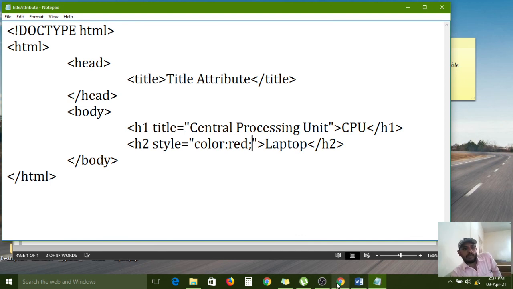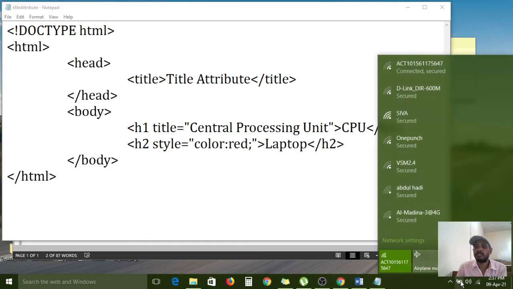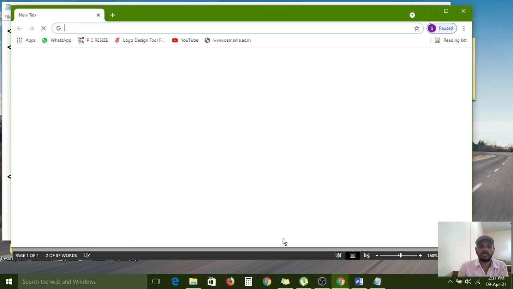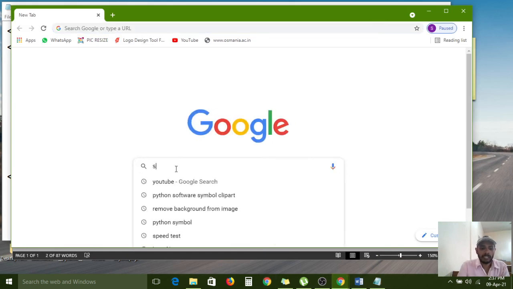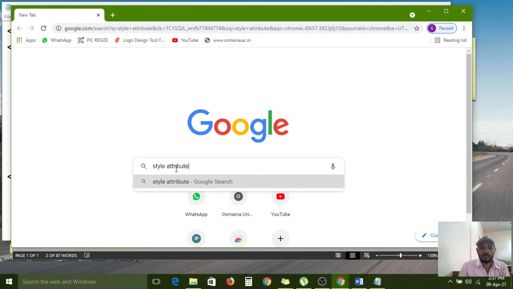All of you carefully observe this program. Now I am connecting my phone to the laptop. Style attribute, different programs I am showing here. Then you can simply understand this one also.